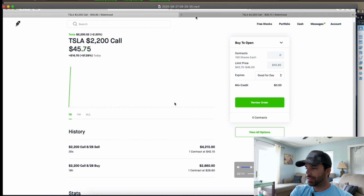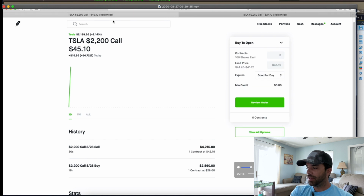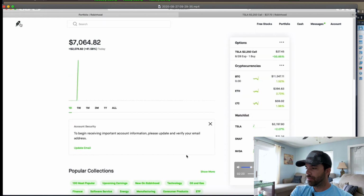So I'm still in those right there. I'm looking ready to take profit. I switch back over here, make sure I got filled. I got filled there on this one. Oh no, this is a 2200. I was moving around so fast. There we go, the 2250s. You see I got filled at $25.25 from an $18.15 entry. Nice take profit right there. And then I switch back over to the 2200 call. That's the only one that I still have open. Right there, it got filled. It had already gotten filled, and you see I'm up